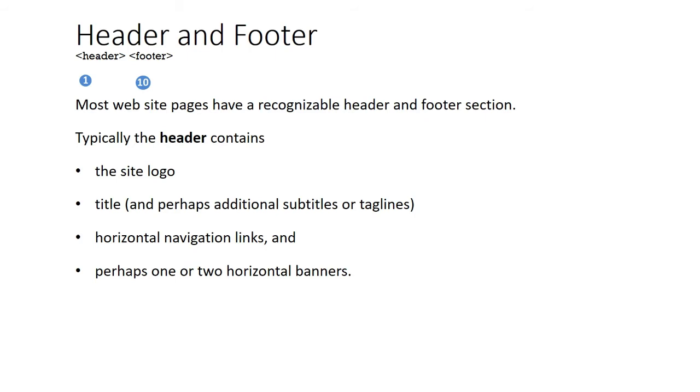First, the most popular are the header and the footer. What can you do with the header and the footer? Generally the header contains the website logo. Even the title you can adjust in the header, and then you can put navigation links, horizontal navigation links, under the header. Somewhere there may be horizontal banners, some kind of login button, even the site map and some other details we can put under the header.